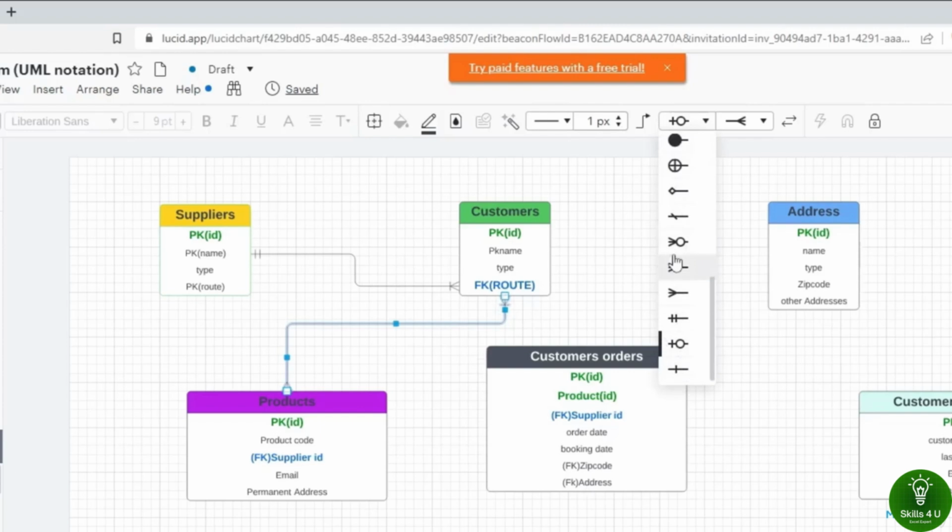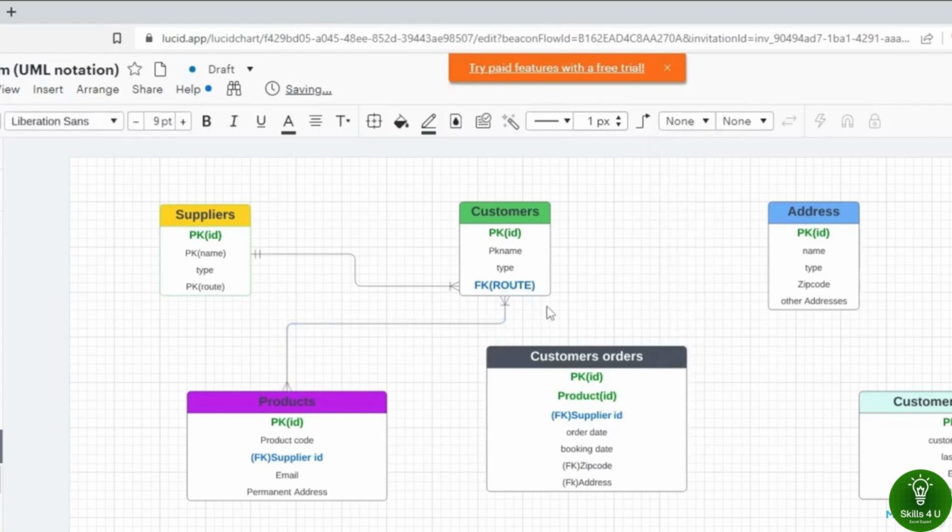Now we will edit the line and add another sign. This sign means our maximum is many and our minimum is 1. We will also add another sign to our customer, meaning that maximum will be many and minimum will be 0. Now we will form the connection of customer with customer order. This relationship is similar to the relationship between customer and product. In the next step, we will form a connection